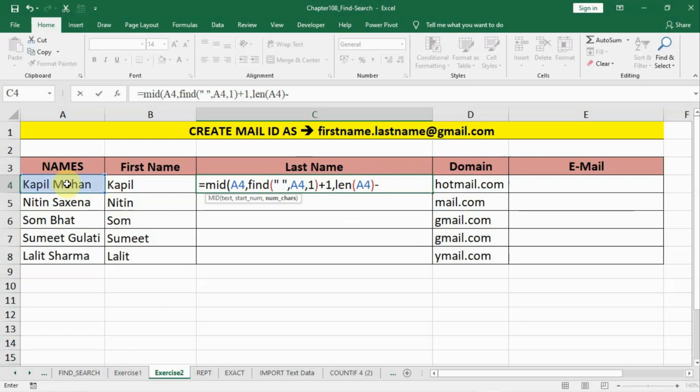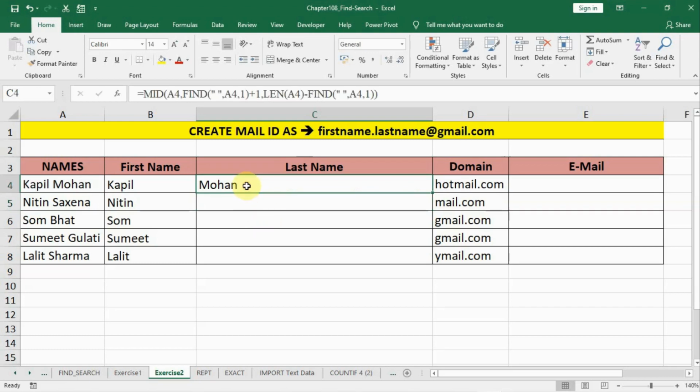And how do we find that? We'll write find, bracket open, space, and put a comma. We have to find a space in this, comma 1, bracket close for find, and then bracket close and press enter. So see, we have the surname and we can drag it down like this.